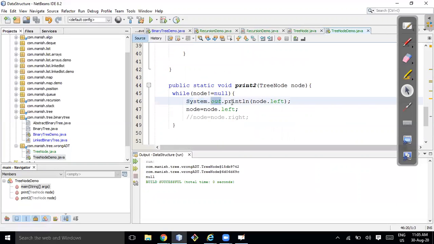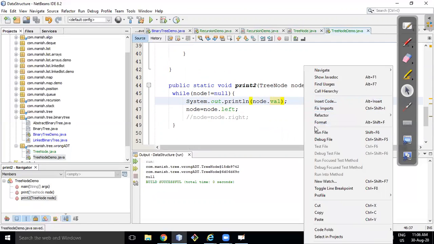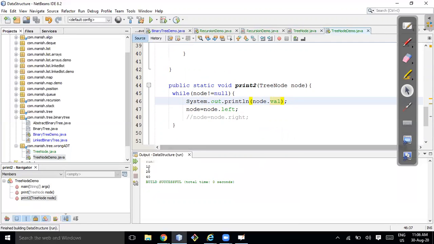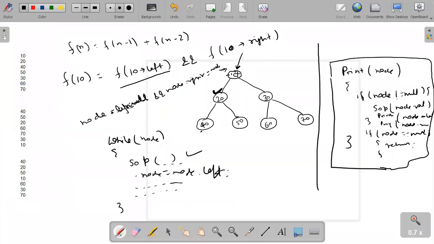System dot out dot println node dot val, sorry, it should be node dot val. So here you can print 10, 20, 40. What about the rest? How can you traverse it?